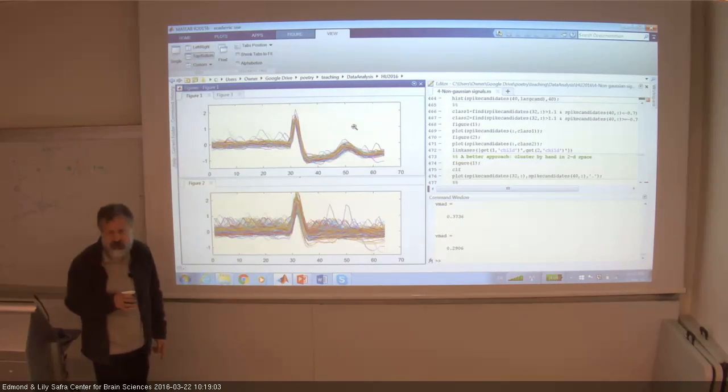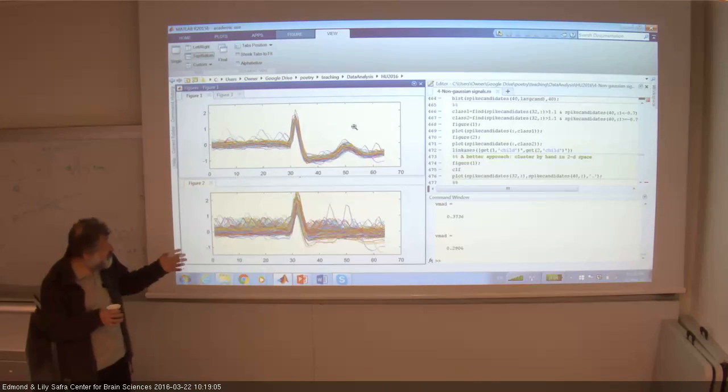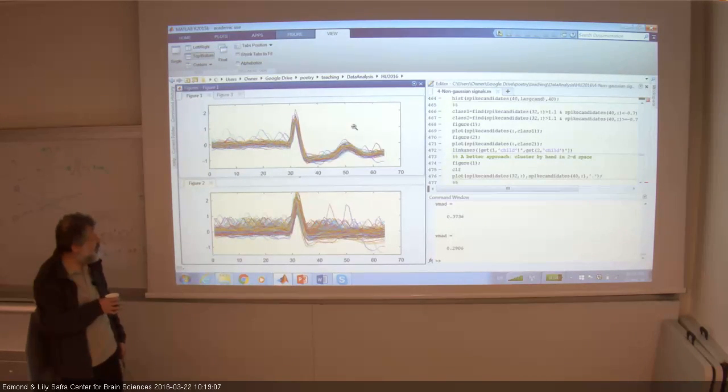Okay, and the problem that the student who did this project, Liat, had to solve was to identify. So she was bringing the electrode so that she gets mostly spikes from one unit. So all the large spikes are presumably from a single unit. And then she had to decide which spikes are simple spikes and which are complex spikes. Okay, that's the problem. She brought this data to the course when I gave it a few years ago,